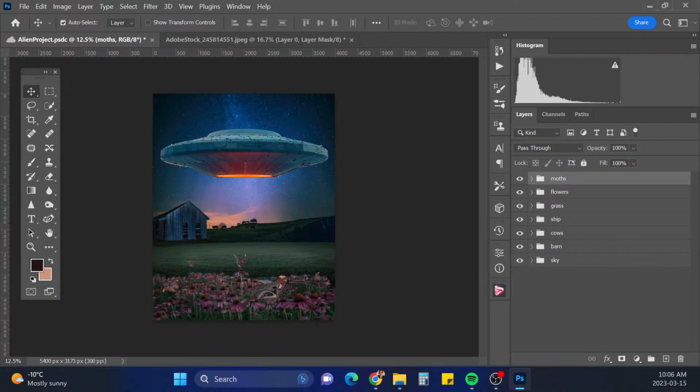All right, so I'm gonna bring up my Lightroom. And bring up my daughter's picture. Right here. Which ones did I choose?